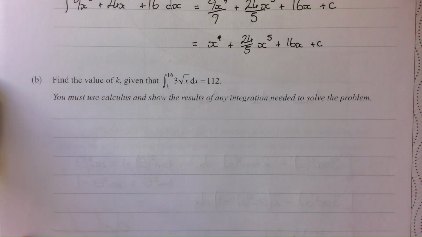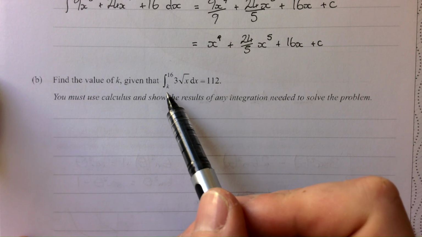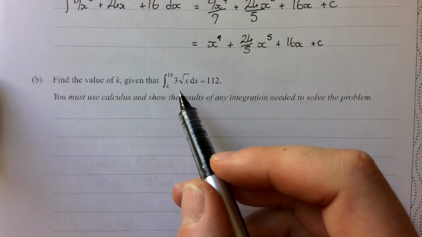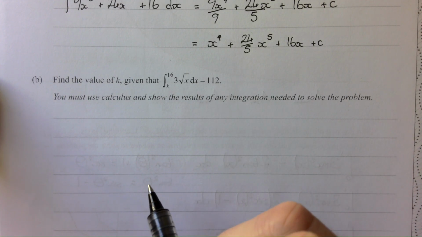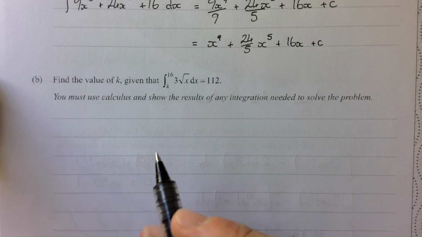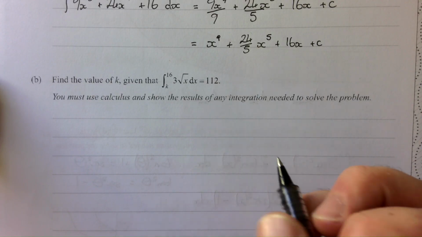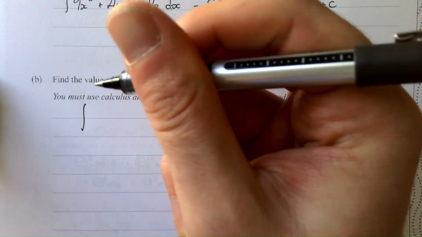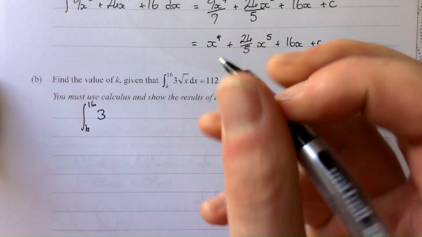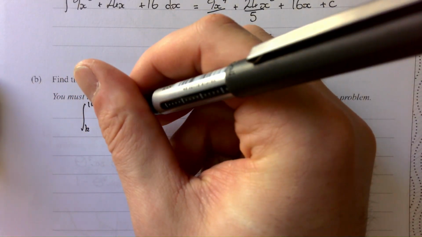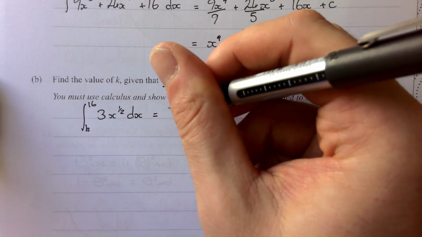Now, for part B. We are told to find the value of k given that the integral between 16 and k of 3 multiplied by the square root of x with respect to x will be equal to 112. We must use calculus, so we're just going to integrate it with respect to x and set it equal to 112. Easy as that. So the integral between 16 and k of 3, I'm just going to rewrite the square root of x as x to the power of half, with respect to x is going to be equal to